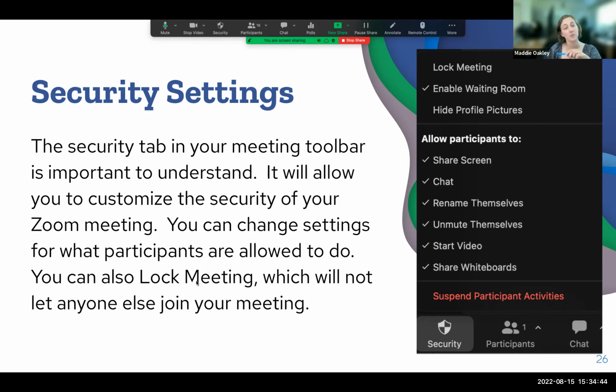You can also lock a meeting. If you have everyone in a meeting that you know is supposed to be there, you can lock it. So that way you won't have any other people surprise joining a meeting. Keep in mind though, that sometimes people do get bumped off of a meeting due to connections and then bumped back, and then they need to join back on. So if you lock a meeting, I believe it keeps them from rejoining. Pete, do you know if that's true? Yeah, that is true. That is true. Okay, great. All right.